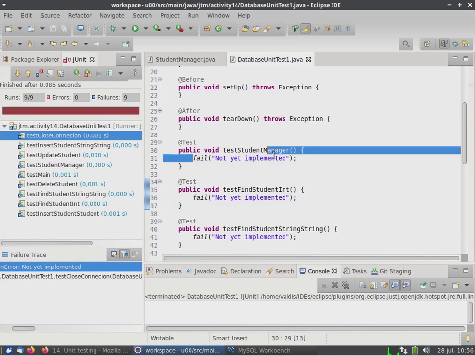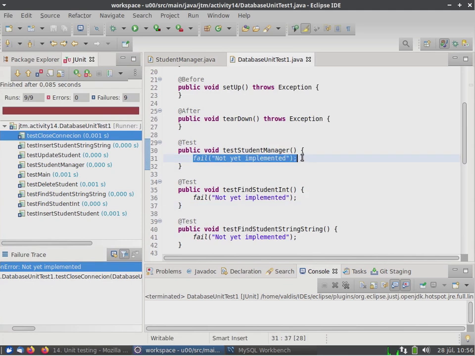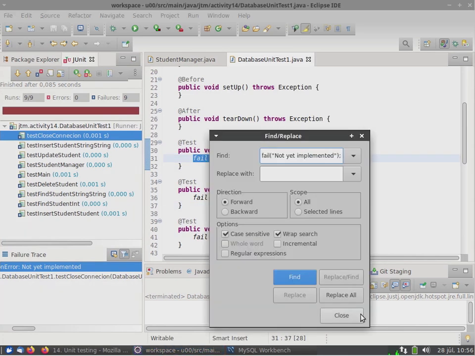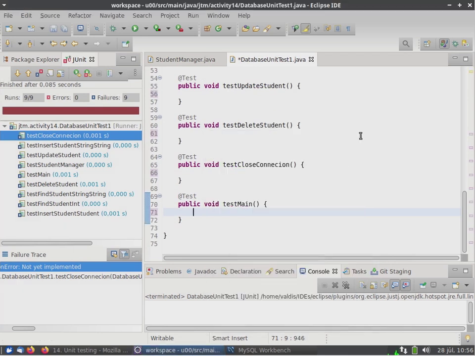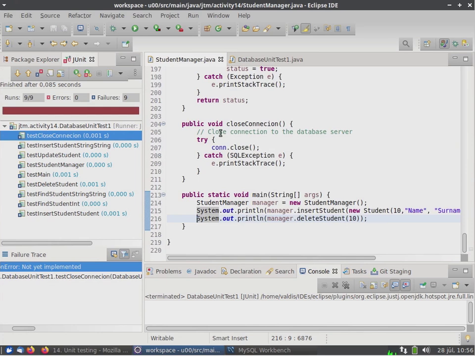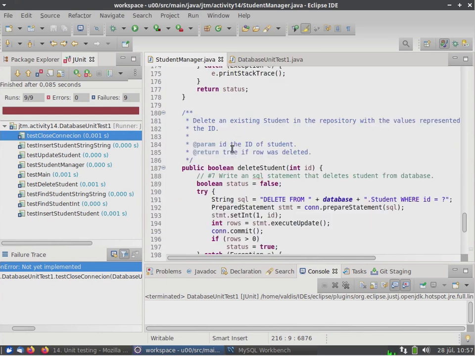Because it has these fail methods here. And if we replace this with that, here we see this false negative result. Everything is bad,